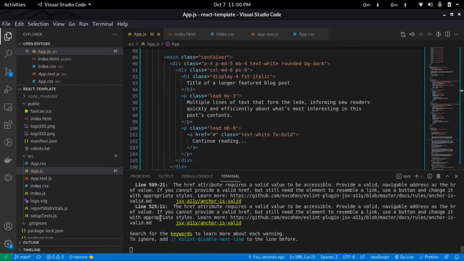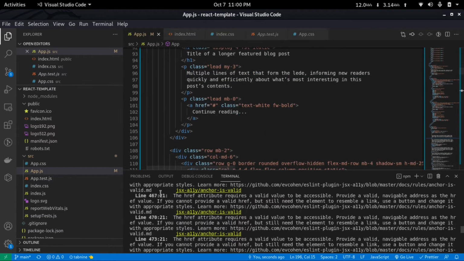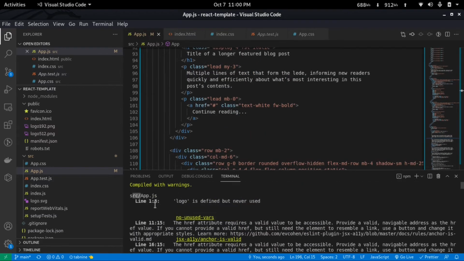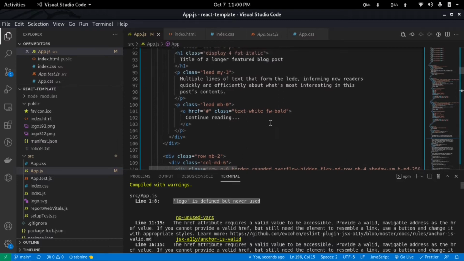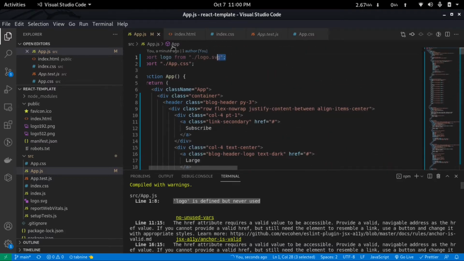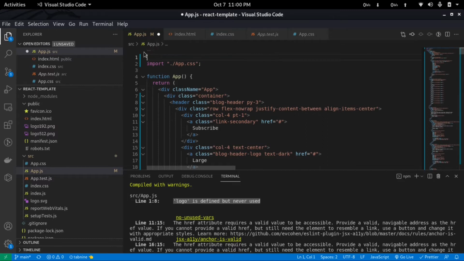Now we got so many more warnings. If we go to the top, here it says line number 1, logo is defined but never used. It is a good practice to always remove unused variables. So let me go to the top and just remove this logo. Now if I save,